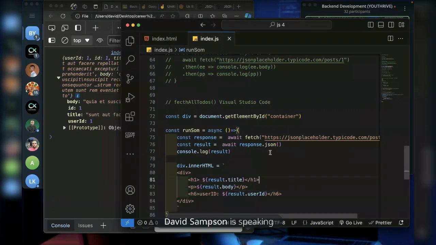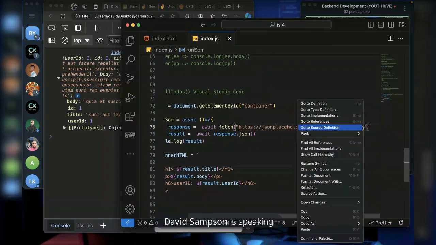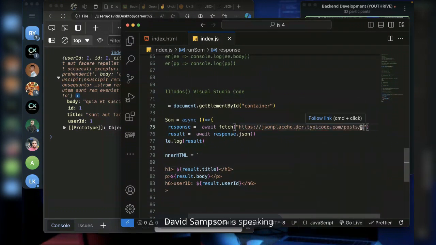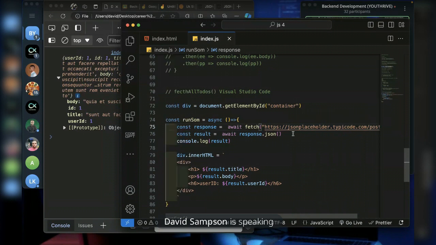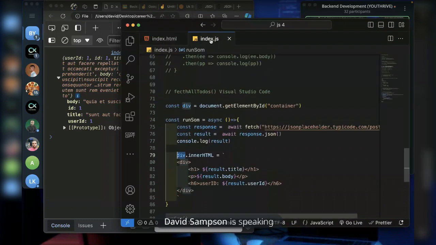So what I am doing here, let me just explain. I'm fetching the first post, or the post with the ID number 1. When I fetch it, I convert the response to an object that we can use. At this point, I'm logging it here. But here I am getting a div that I added in HTML, this div. I am getting it here, selecting the div and storing it inside the variable called div.